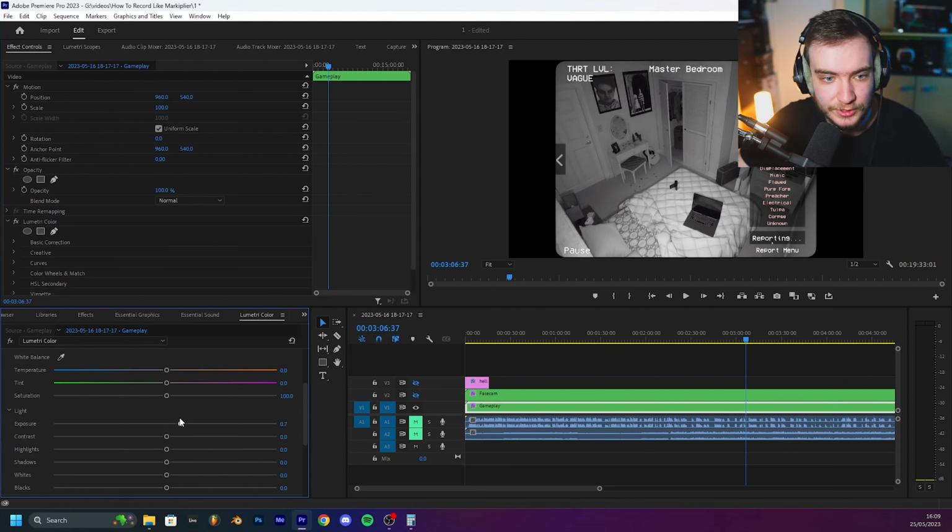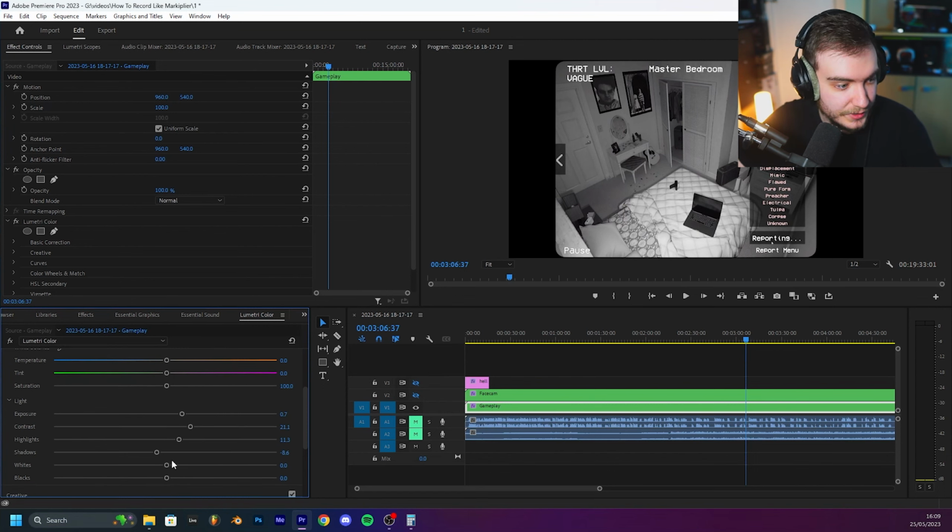What I did is bring up the exposure a little bit, up the contrast so that you still get those shadows popping. Bring up the highlights a little bit, bring down the shadows, bring up the whites. There we go. You don't have to do a whole lot. Even this, I'd say, is too much. I'd lower the contrast and the exposure a little bit. But yeah, this is how I believe Markiplier and Lixion edit their videos and how he records his videos in